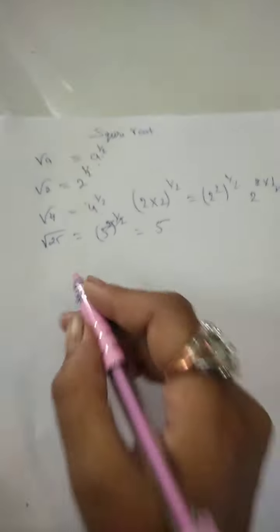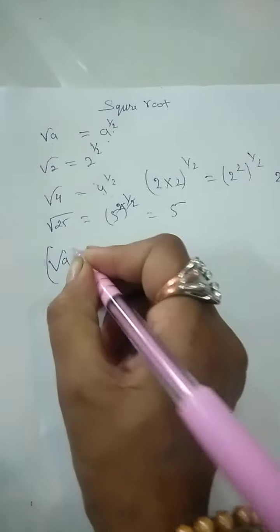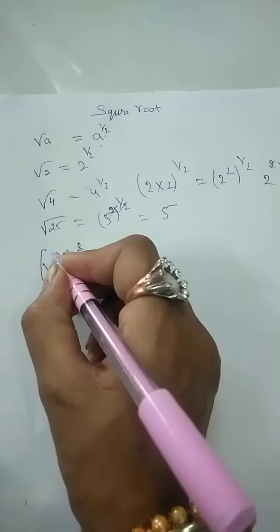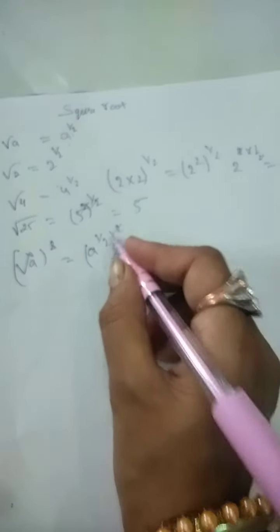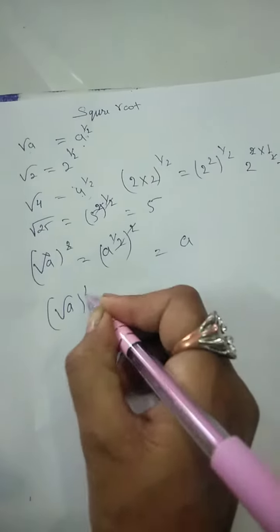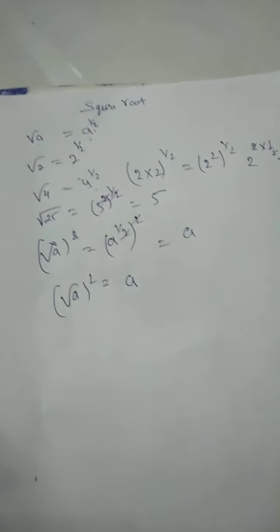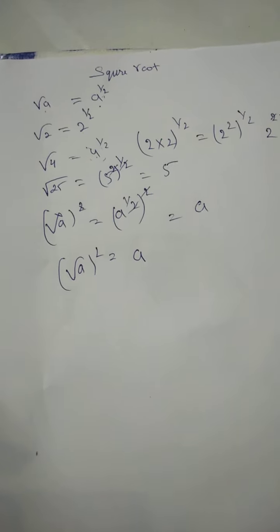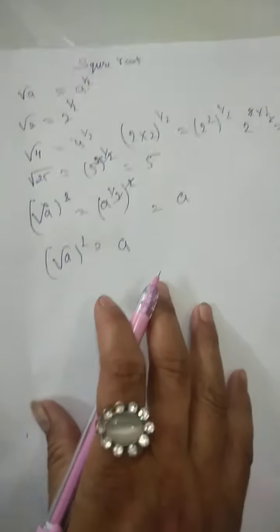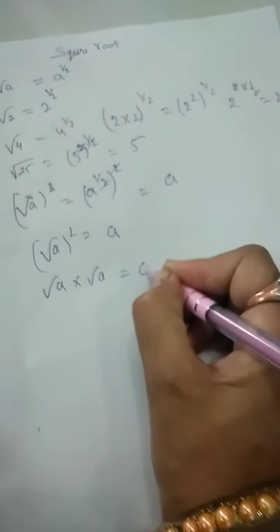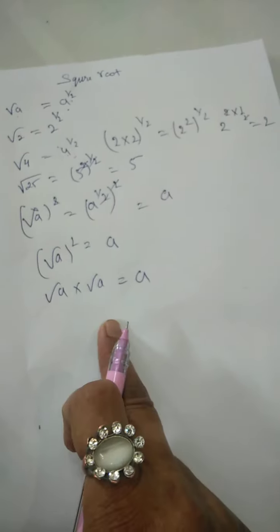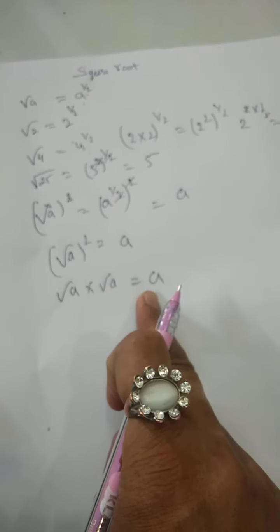Okay, and if we square a root, then the square is cancelled by the root. How? A raised to 1 by 2, squared, so it's cancelled by 2. So always if we take the square of a root, then the root is cancelled with the power square. Okay, and root a into root a equals a. This is also the same way, that root a squared equals a. Okay,